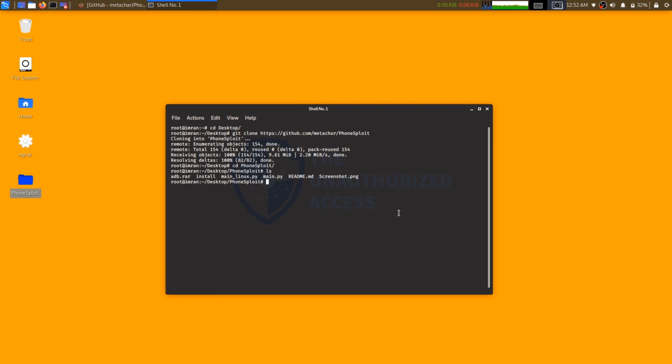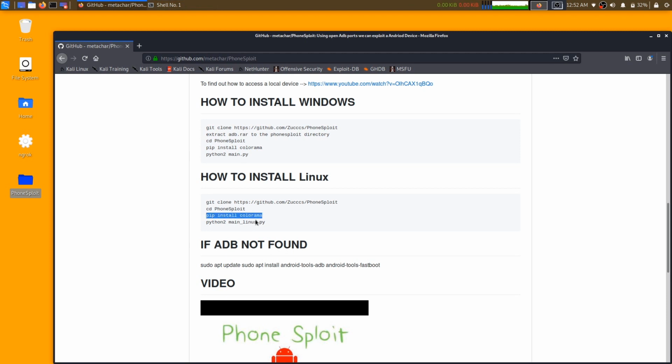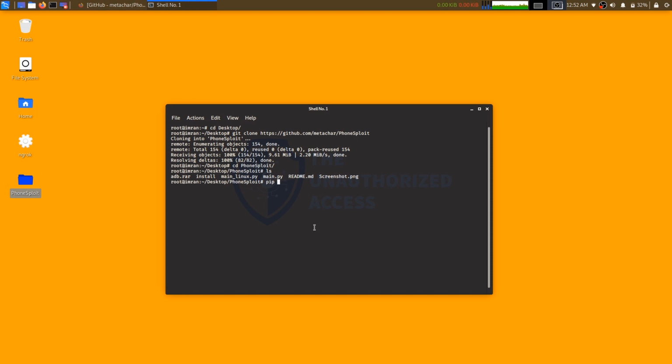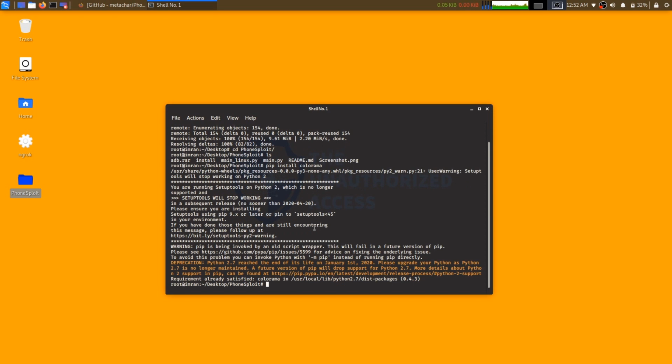There are files called adb.rar, install, and main_linux.py. Here I can see he has asked us to run pip install colorama. The requirement is already satisfied; here in my computer it is already installed.